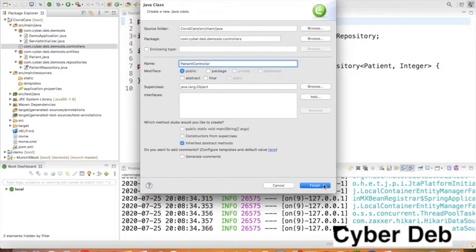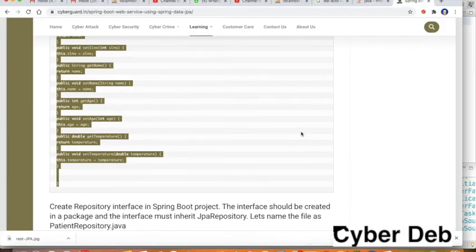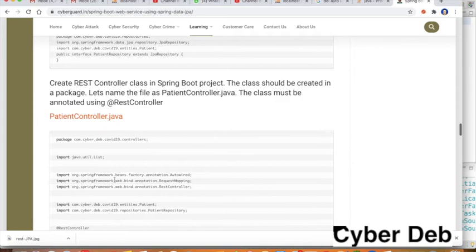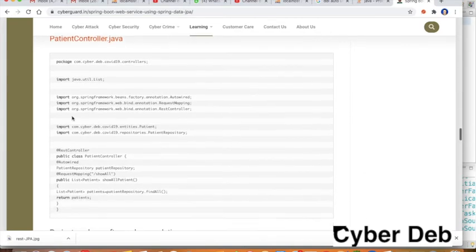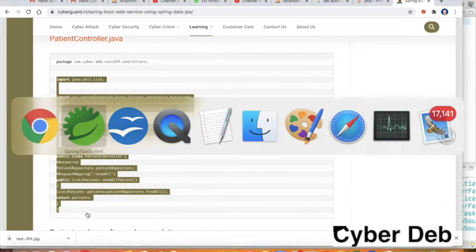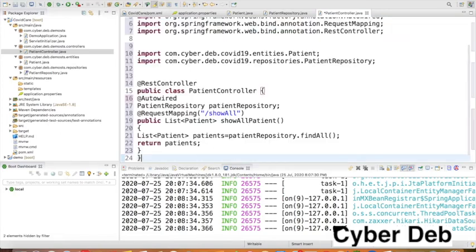Everything is mentioned in the blog. I am creating it in the video itself, but in the blog again let me show you, that has been mentioned. You have to create this repository, this code is there, and this controller code is also there, patient controller. So since I have already come over here, let me copy the entire stuff from the import part and put it over there, which I created right now, excluding this package part. Let me paste.